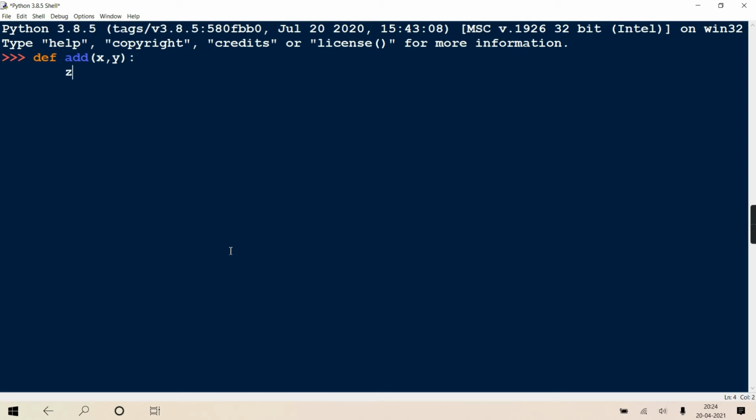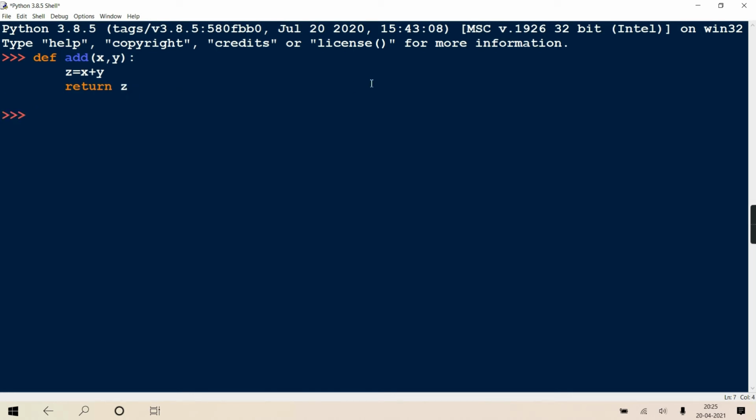Inside, one more local variable I'm creating, z, in which I'm storing x plus y, and then I'm returning z. Just to increase the number of lines I wrote it; you could also write return x plus y. Here, just for increasing the number of statements, I purposely added one variable and then return that variable.